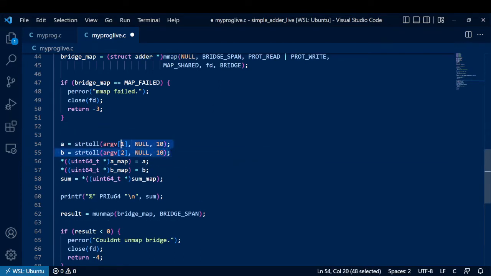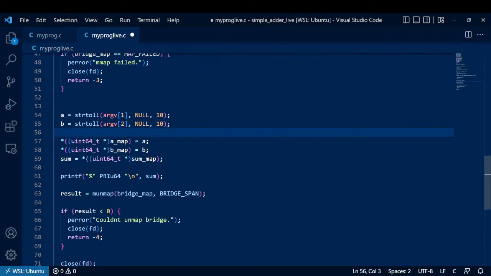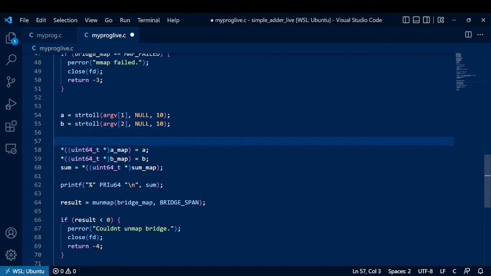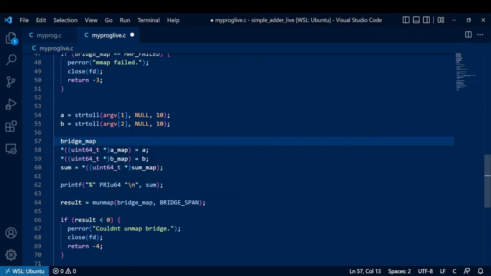So this code here is just parsing our argv and argc. This is something we're not going to discuss in this video. It's pretty straightforward C programming. But what this is essentially doing is taking what we parsed out and setting it to those memory locations. What would be better is if we would say bridge map, which is a struct pointer, and we're going to